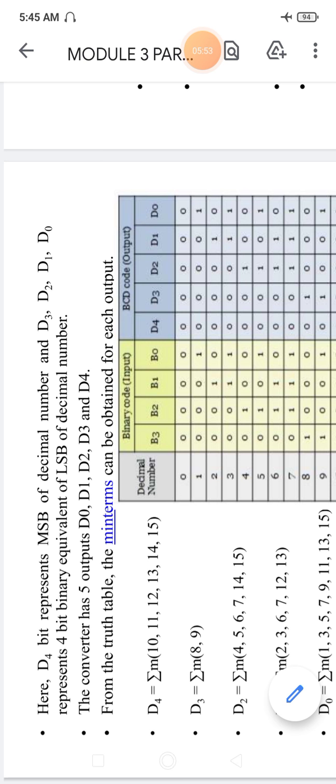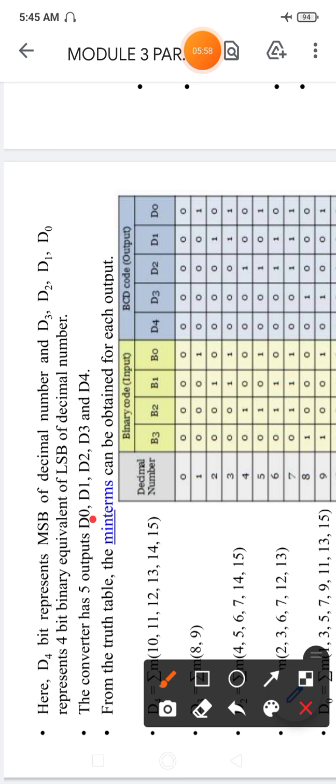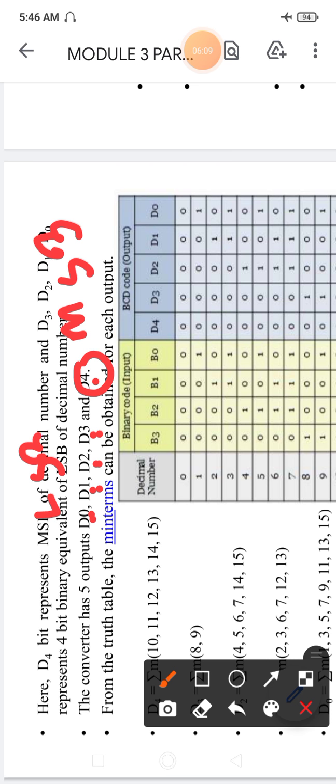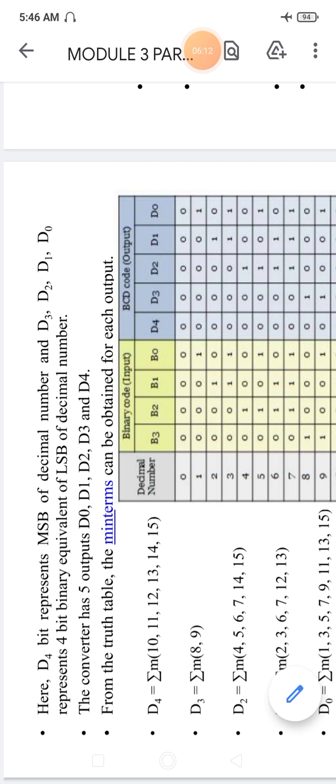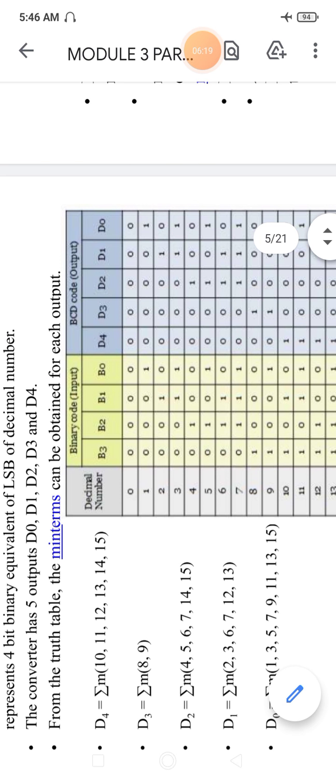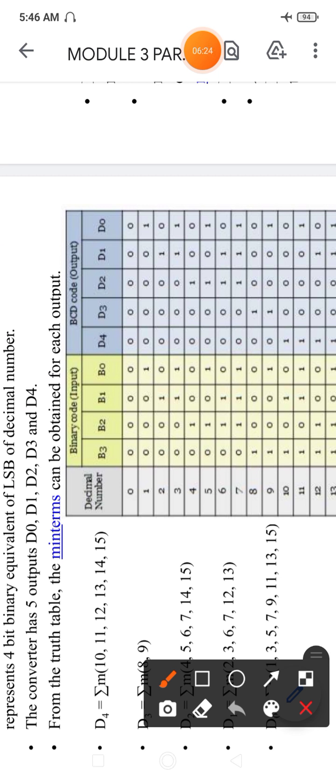The converter has 5 outputs, that is D0, D1, D2, D3, D4, where D4 represents the most significant bit and D0, D1, D2, D3 represent the least significant bits. From the truth table, the minterms can be obtained for each output. Say for the binary code 0000, the BCD code is also 0000.